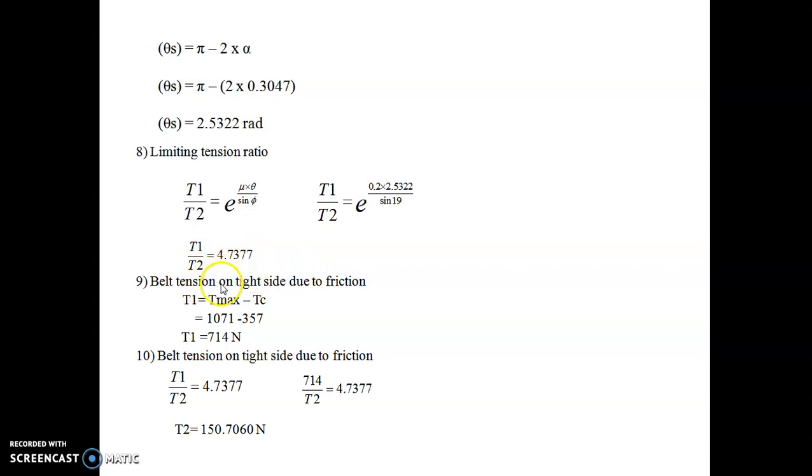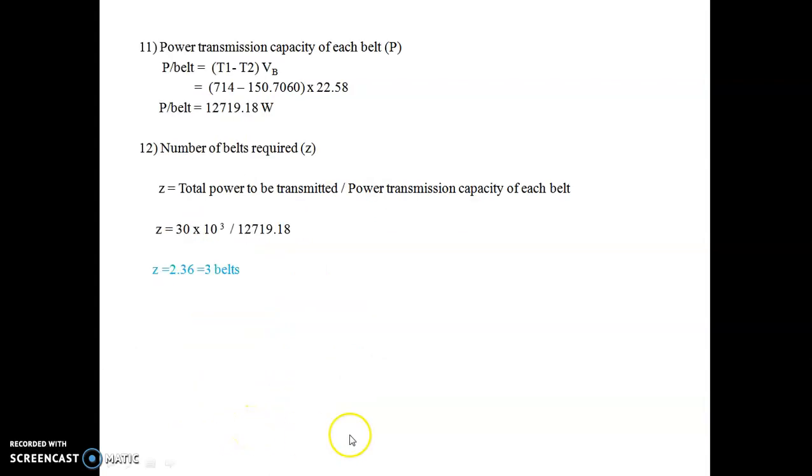We know that T1 plus Tc is equal to Tmax. So T1 is equal to Tmax minus Tc. So 1071 minus 357 will get T1 714 Newton. And belt tension on the tight side due to friction we can get from this relation T1 upon T2 is equal to 4.73. So we can put the value of T1 here, we can get the value of T2, that is 150.7. Now power transmitted by each belt is given by T1 minus T2 into velocity. So T1 is 714, T2 is 150.7 and velocity is 22.58. We can get the power transmitted by each belt